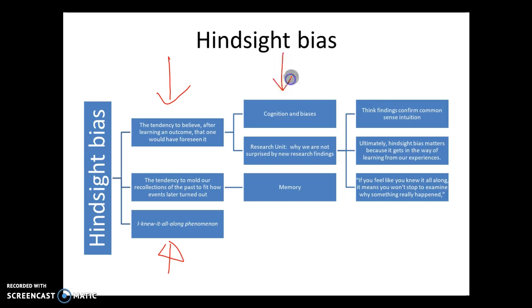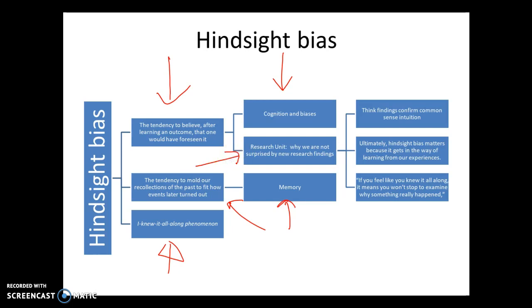In this column, what you're going to see is that in numerous psychology books, this is where the hindsight bias often appears. It often appears in units on cognition that are talking about biases, like heuristics and algorithms, ways we think. It often shows up also in some units on memory. This definition right here is actually from a textbook that puts the hindsight bias in the memory unit. Myers and the Barron's Review actually put hindsight bias in the research unit.